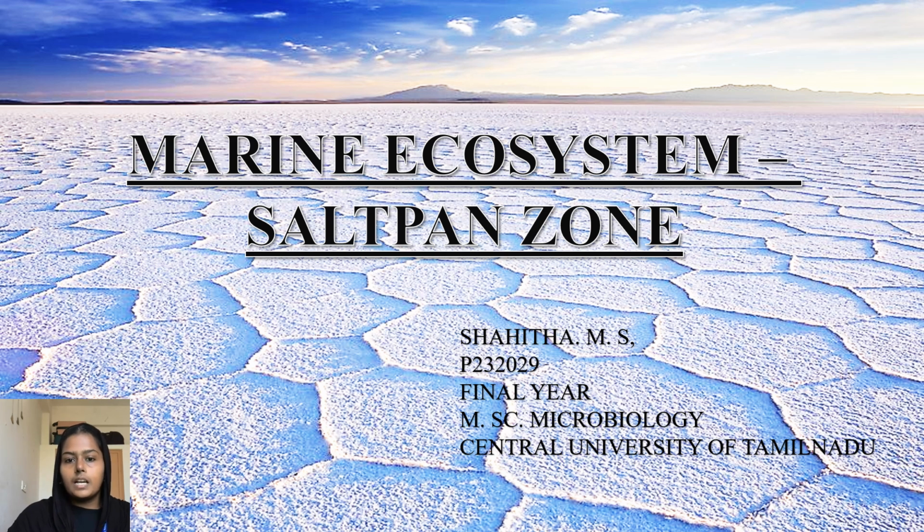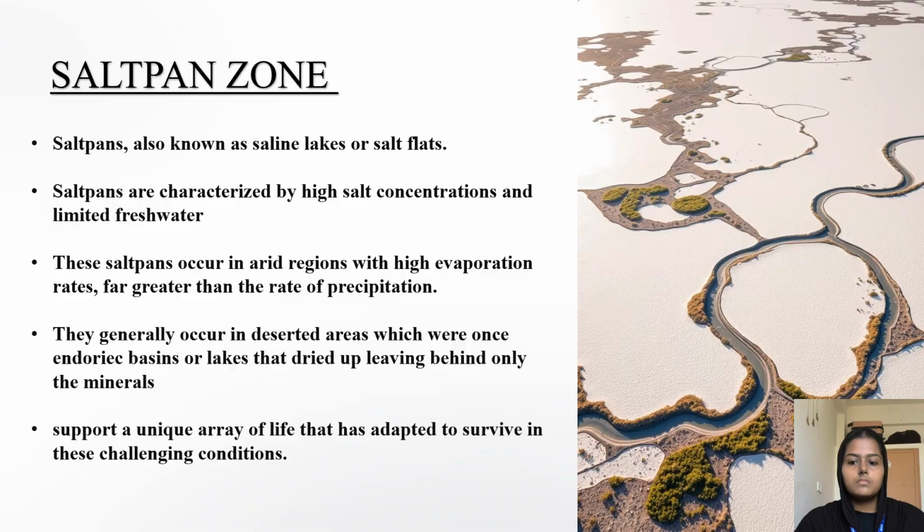Today, I'm going to be presenting about marine ecosystem, particularly salt pan zone. These salt pan zones are also known as saline lakes or salt flats. These salt pan zones are characterized by high concentrations of salt and limited fresh water. These salt pans occur in arid zones where the rate of evaporation is much higher than the rate of precipitation or rain. They typically occur in deserted areas where once endorheic basins or lakes were present, which dried up, leaving